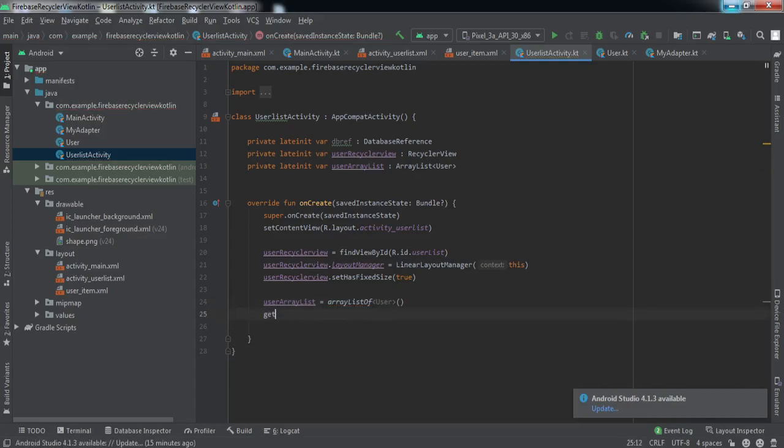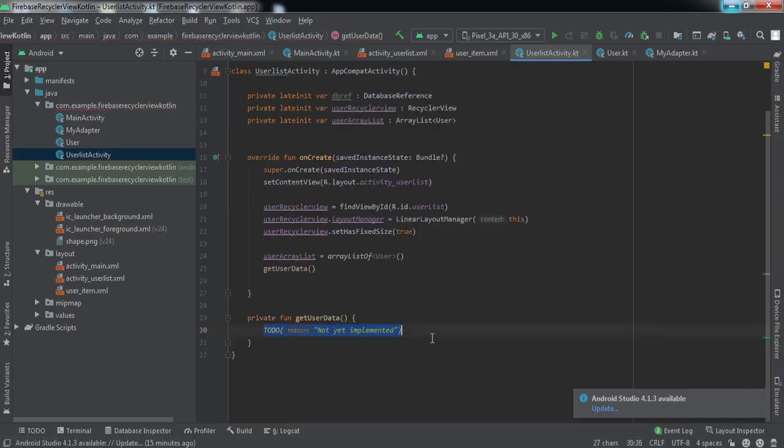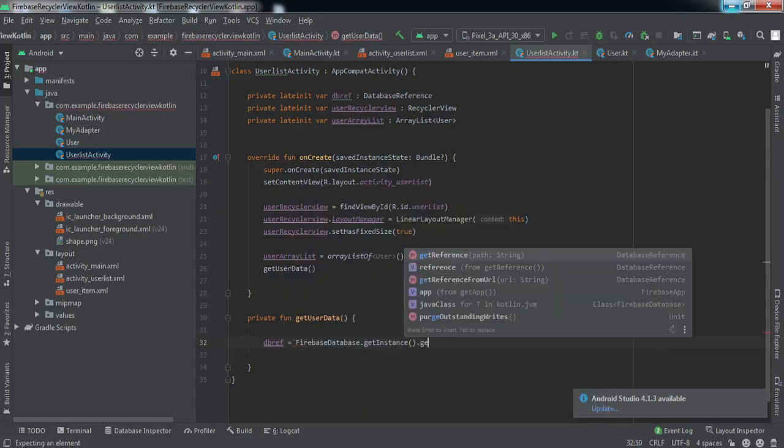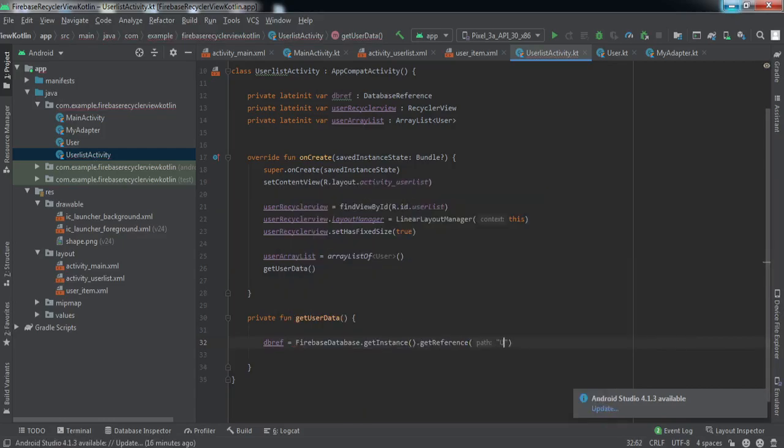So now we're gonna create a method get user data to fetch the data from the Firebase. Let us create this method. So first we're gonna refer to our database. So Firebase database dot get instance dot get reference, and we'll get the reference to the parent node.